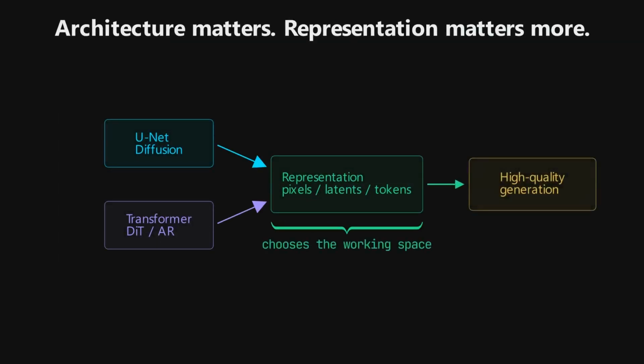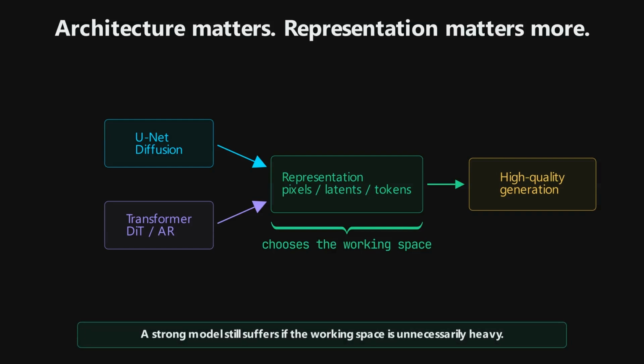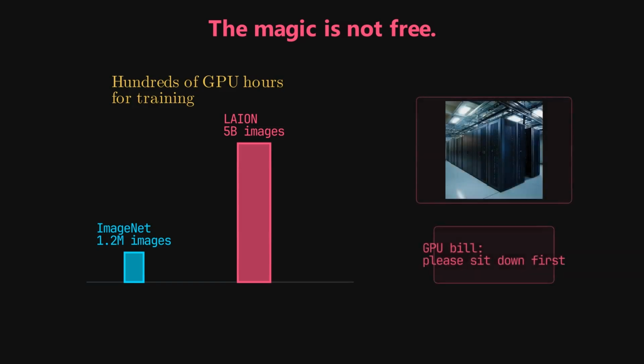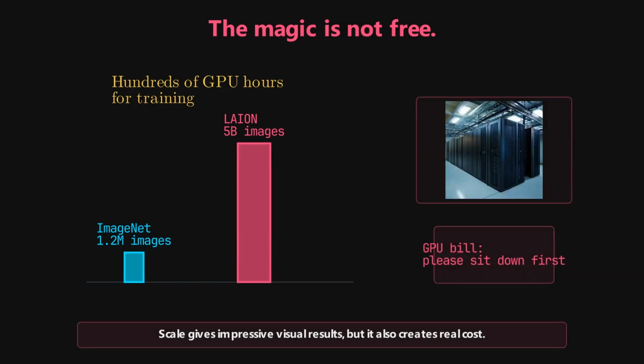That is why representation keeps appearing again and again in this story. CLIP represents text and images in a shared embedding space. VQGAN represents images as discrete tokens. Latent diffusion represents images as compressed latent vectors. VAR represents image generation as a sequence of scales. Different representations open different doors. The second lesson is that architecture still matters. Diffusion models can be effective with UNets. They can also be pushed toward transformer-based architectures. But architecture and representation work together.